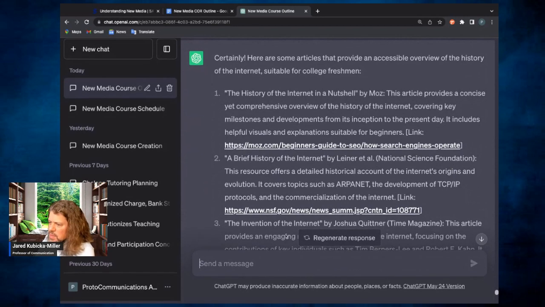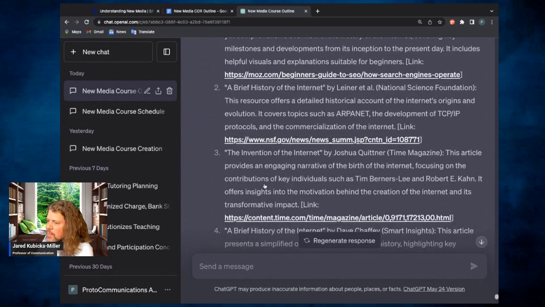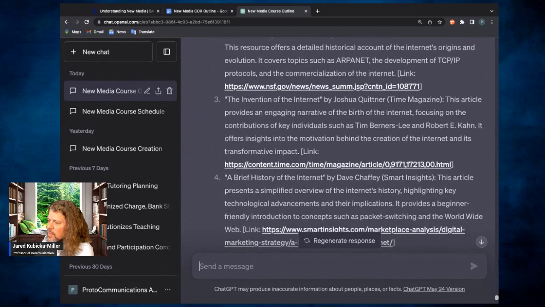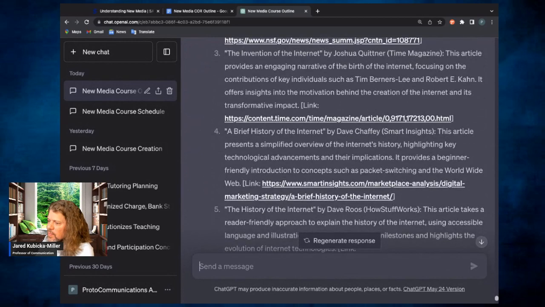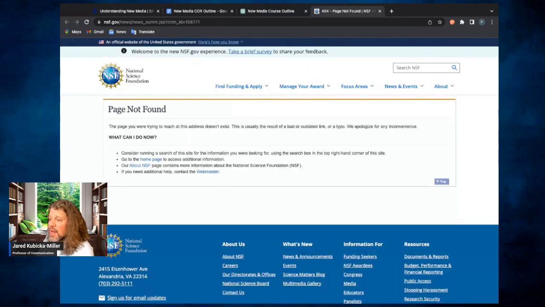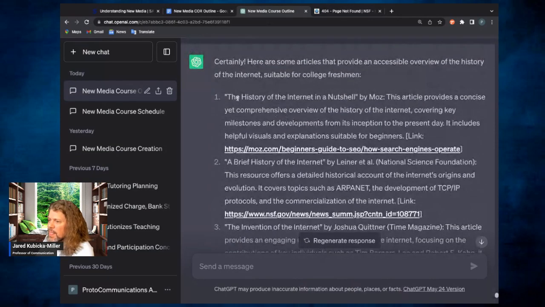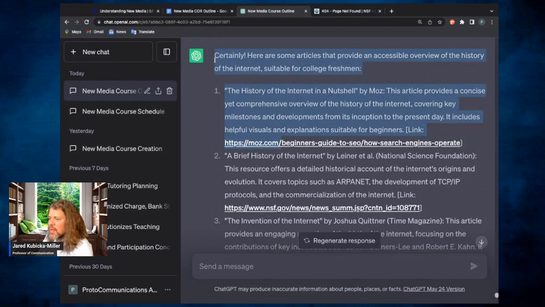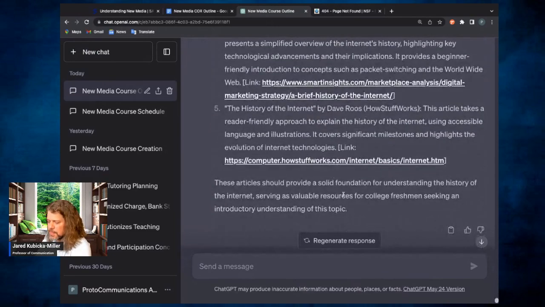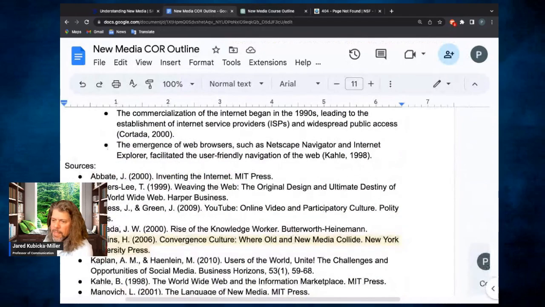I like these ones. Okay, nsf.gov, maybe. I'm going to have to look into each one of these. Take a look at that. Boom, page not found. See that? Let's take a look at these sources.